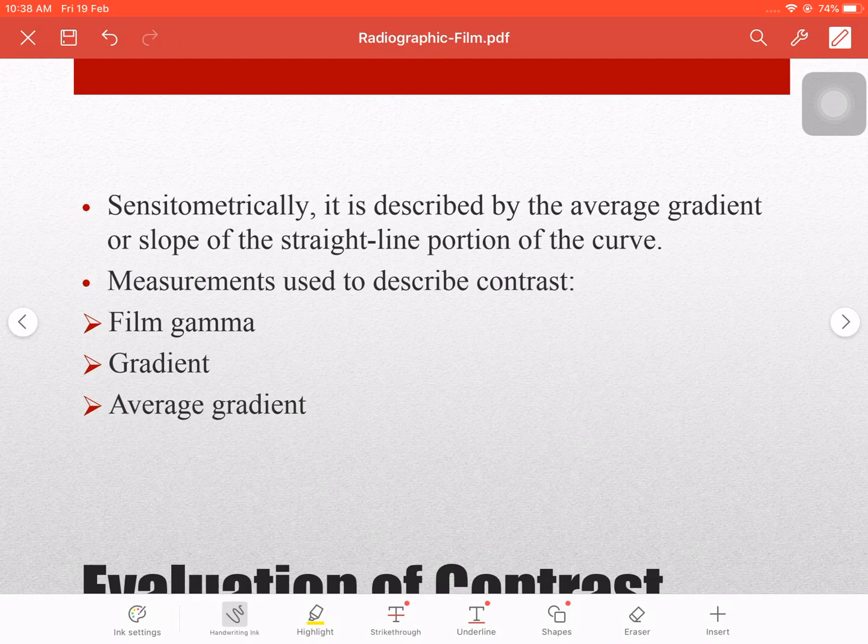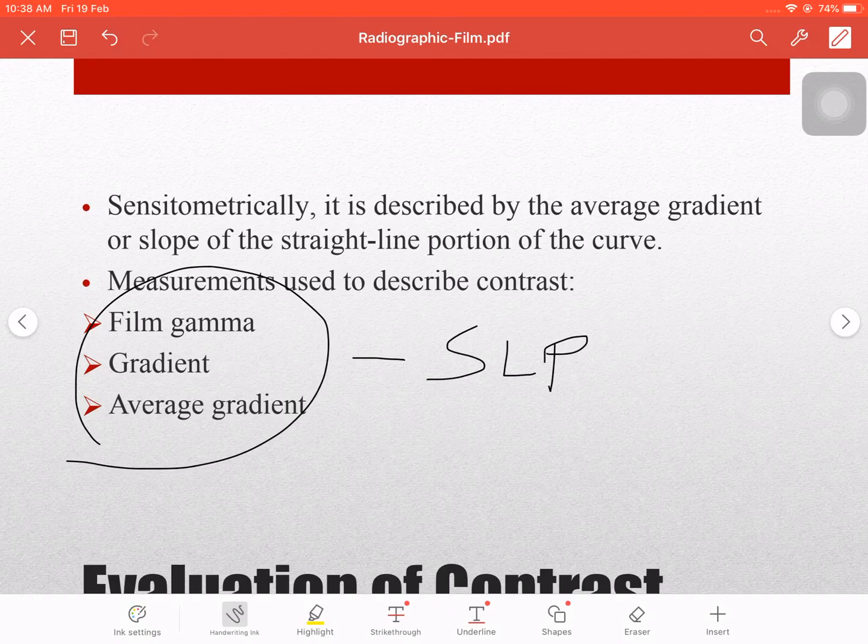Now, we have to evaluate how to evaluate the contrast. So, sensitometrically, it is described by the average gradient or slope of the straight line portion of the curve. So, the measurements used to describe contrast are the film gamma, gradient, and average gradient. Saan nga makikita tong tatlo? Sa straight line portion. Average gradient